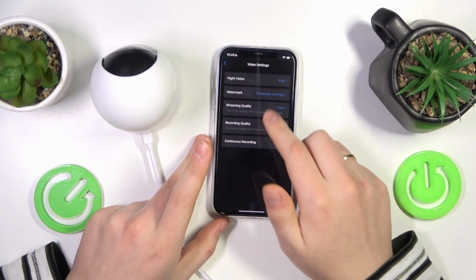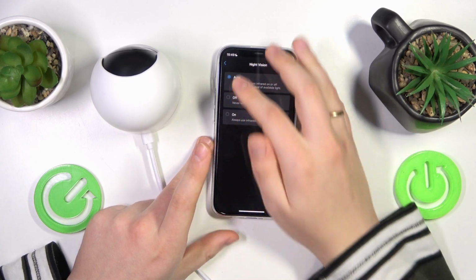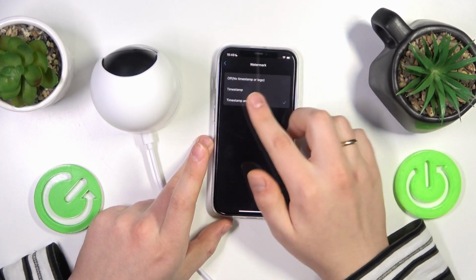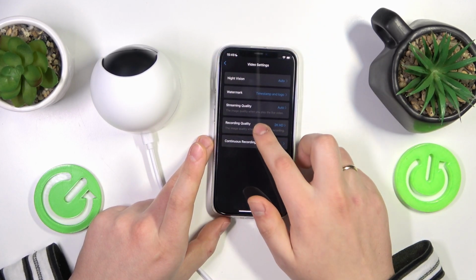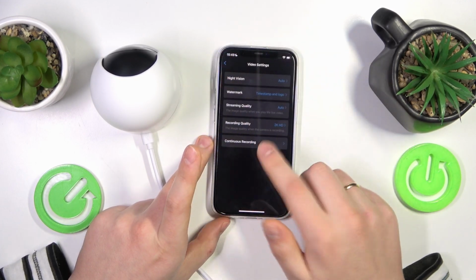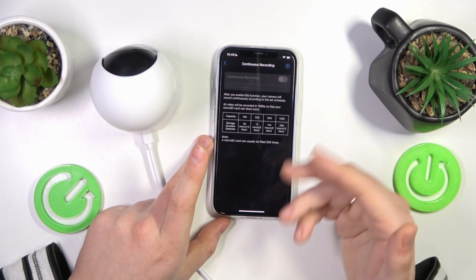Here they are. Inside the video settings, you can change the night vision preferences, you can change the watermark preferences, you can adjust the streaming quality as well as the recording quality separately, or you can set up the continuous recording